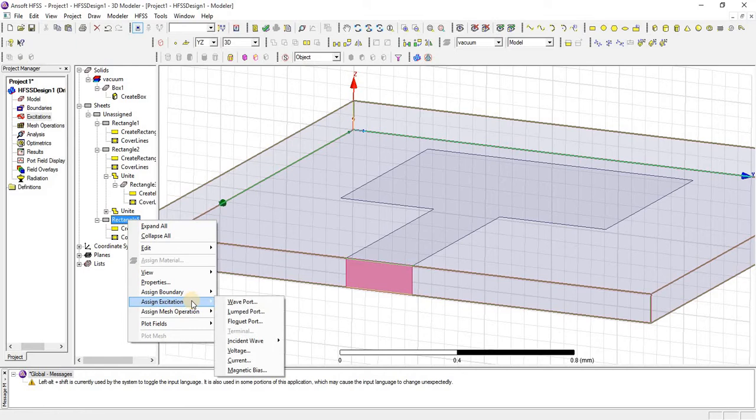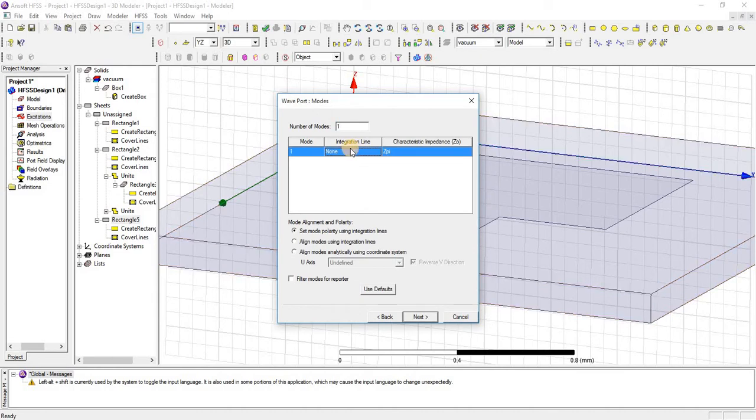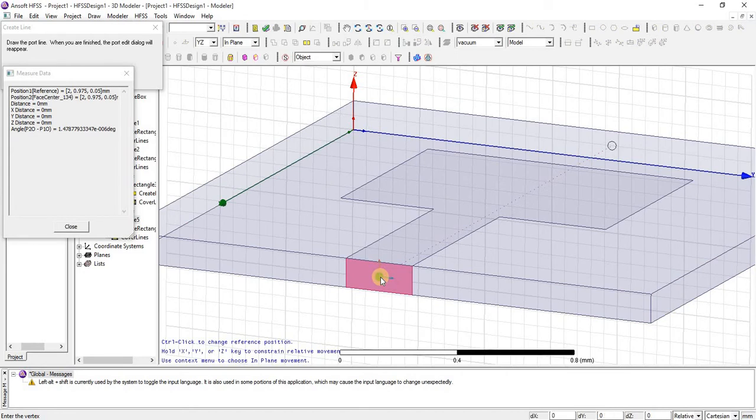Now from here assign excitation, wave port. Just click in the middle of the rectangle and assign the direction. The direction is top because we are exciting the patch.